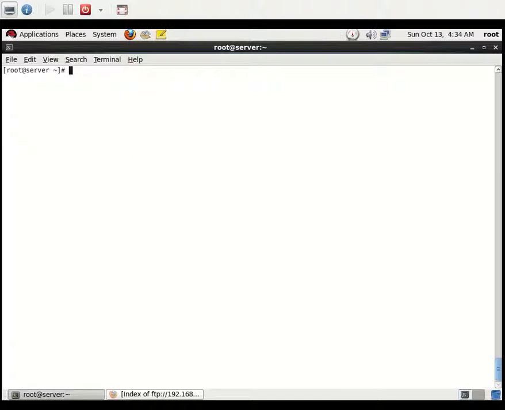And the command you need to use to create the repository: at the moment it's not created, so I need to point to a directory to create a new repository. For that, createrepo -v /var/ftp/pub.